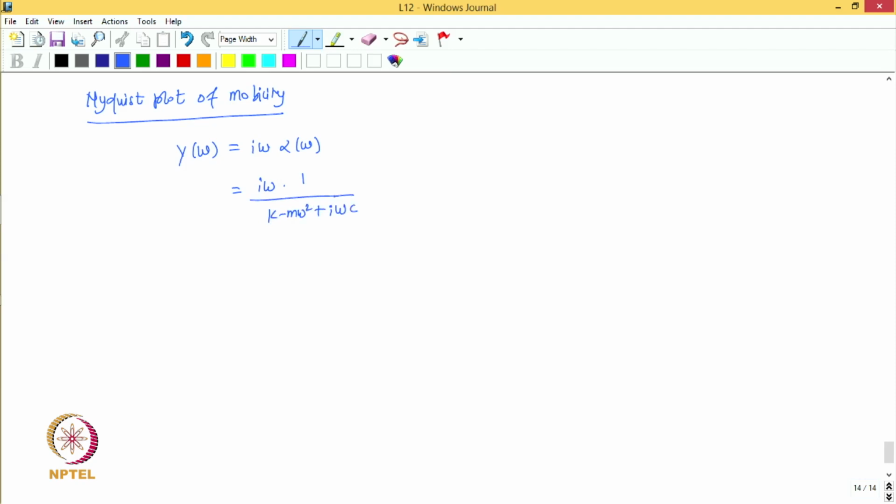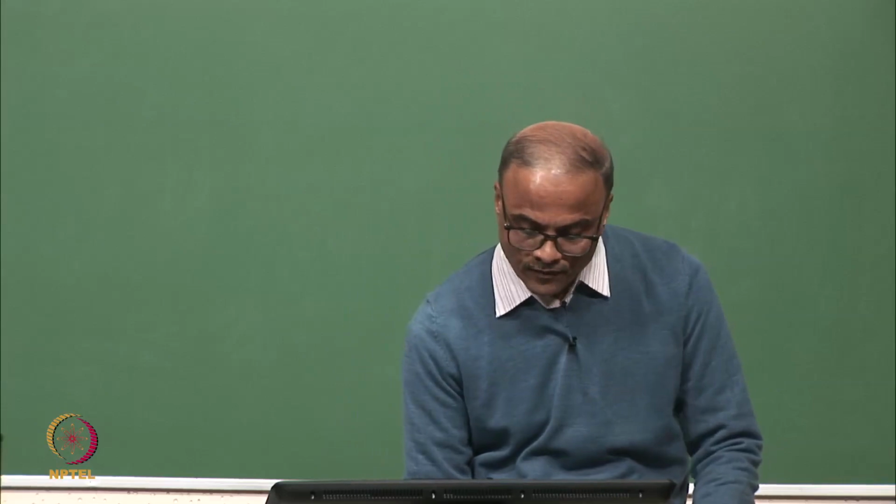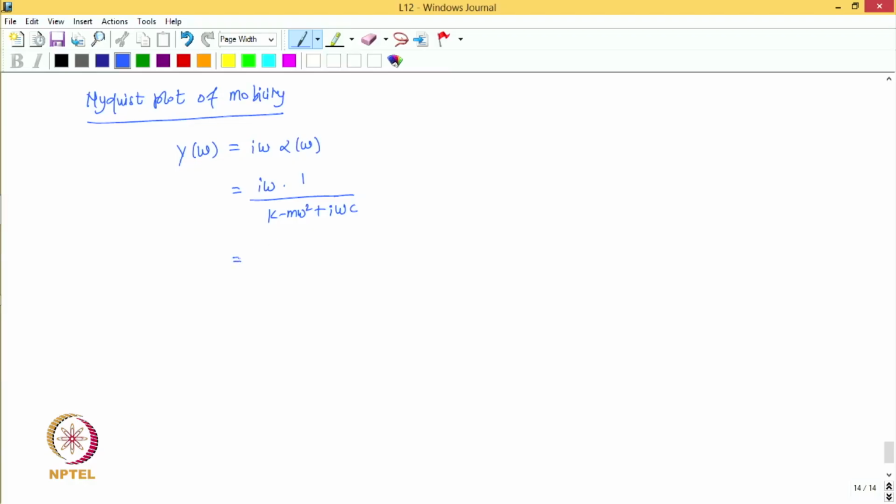Let us try to determine the real and imaginary parts, because for the Nyquist plot we need to plot the real part versus the imaginary part. So, if I multiply by k minus m omega square minus i omega c and divide by the same quantity and then do the simplification,